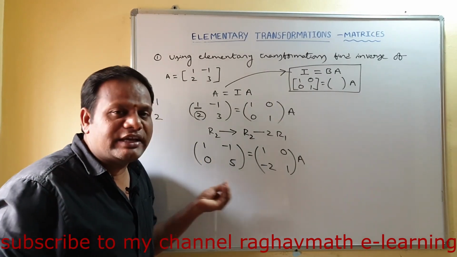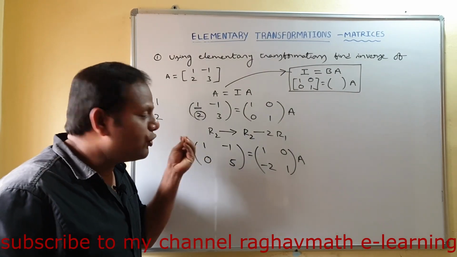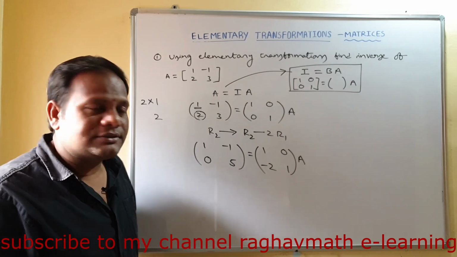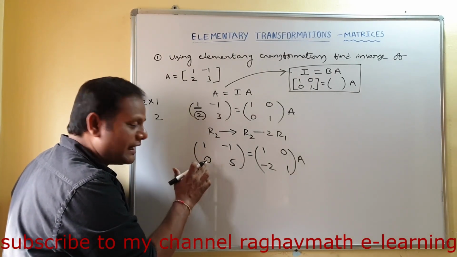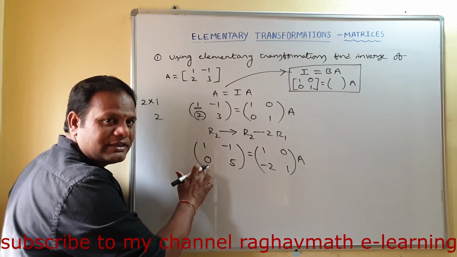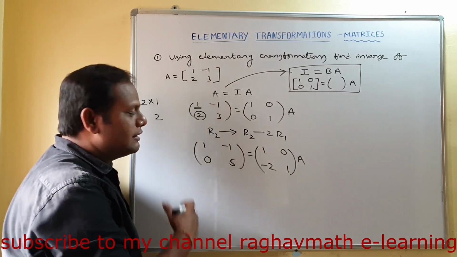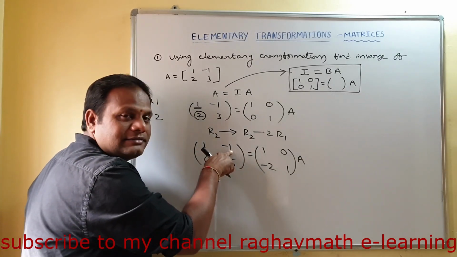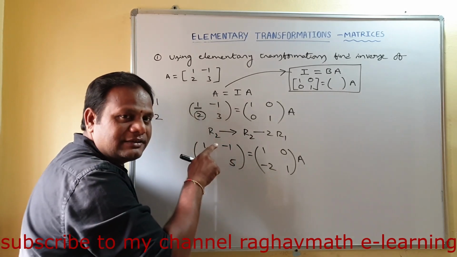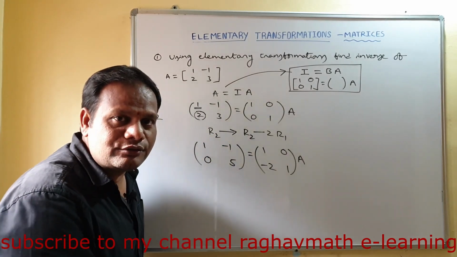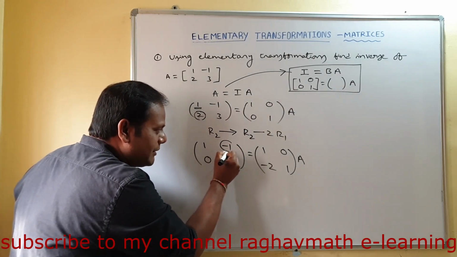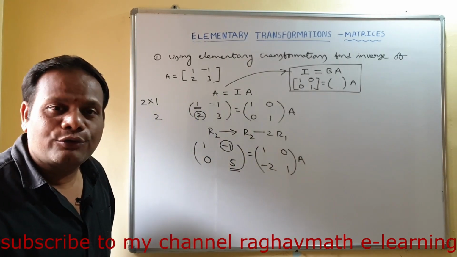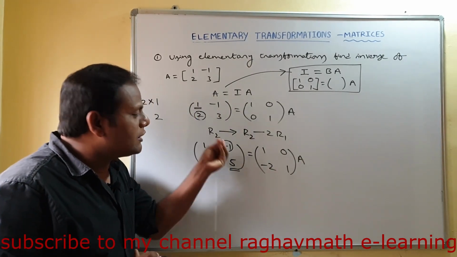So what are we doing here? We are going to change this matrix into the identity matrix. See, the first step is over. In the identity matrix, in this place, 0 will be there. Here also we have 0. Good. Now what do we have to do? In the identity matrix, in this place, we have 0, is it? So you have to make this element 0 using this element. That is your target now. So which element are you going to make 0?